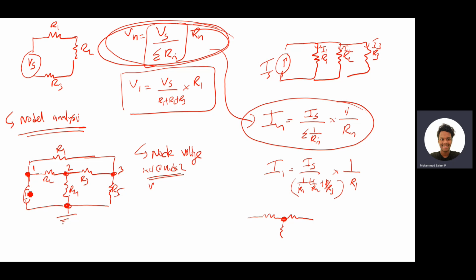Since the source is here, the current will come like this. So the voltage at V1 will be higher and the voltage at V2 is lower. That's why current is flowing from 1 to 2. So this will be (V1 minus V2) divided by the resistance R2, which should be equal to